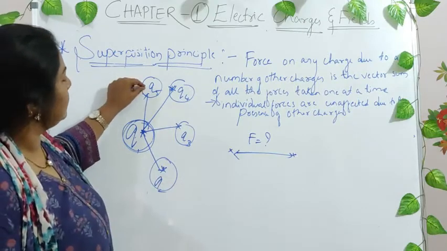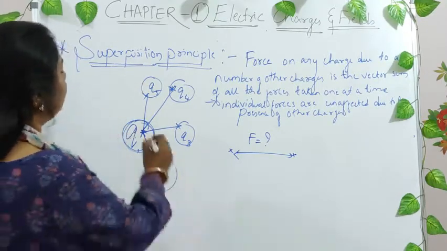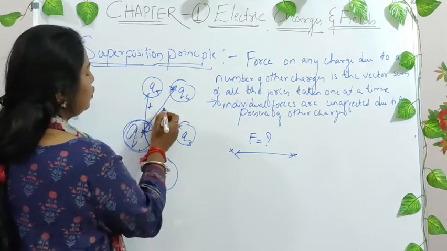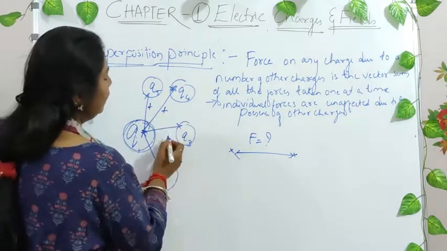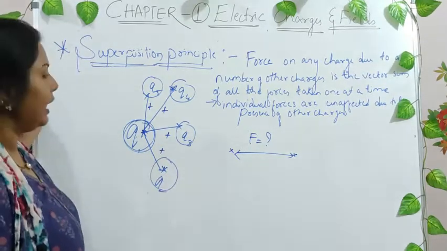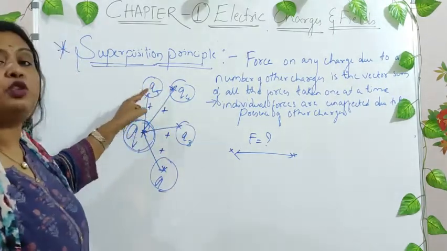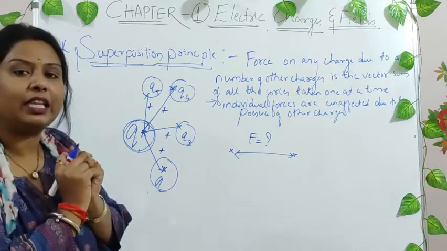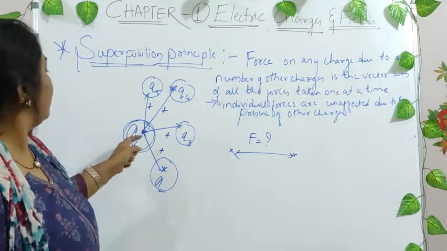The force exerted by Q5 on Q1 will be added to the force of Q4, to the force of Q3 and to the force of Q2, right? The vector sum of all the individual forces comes together